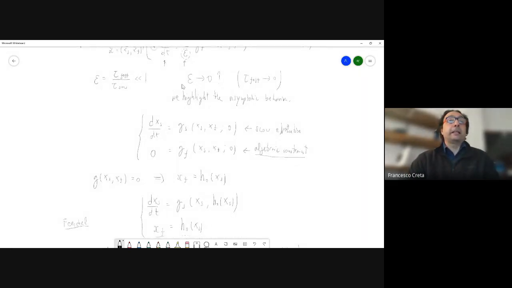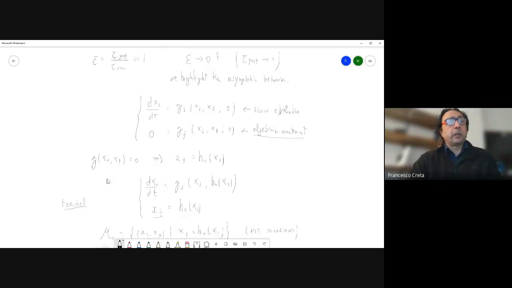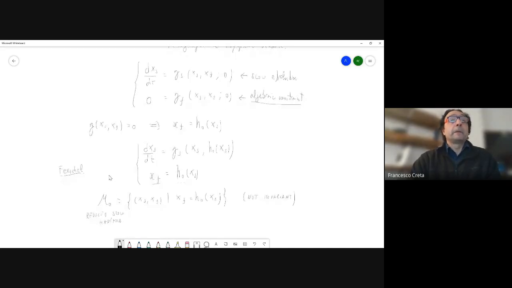If we place epsilon going to 0, then you see that the original system now reduces to a slow evolution, which is represented still by an ordinary differential equation, and then an algebraic constraint. So there is a reduction of order in the original problem from a first order differential equation to essentially an algebraic system. And this constraint, we called it the reduced slow manifold. So this G of F placed to 0,